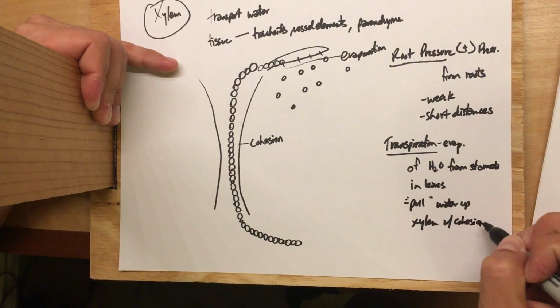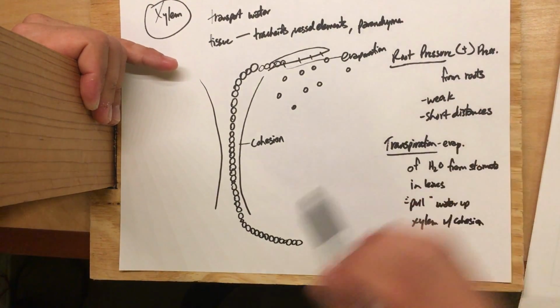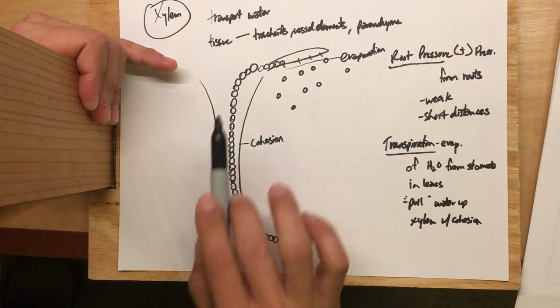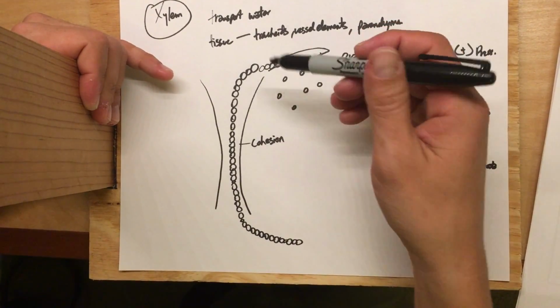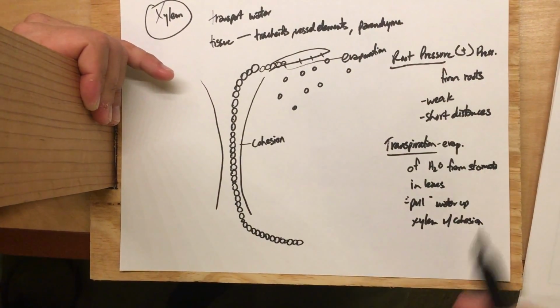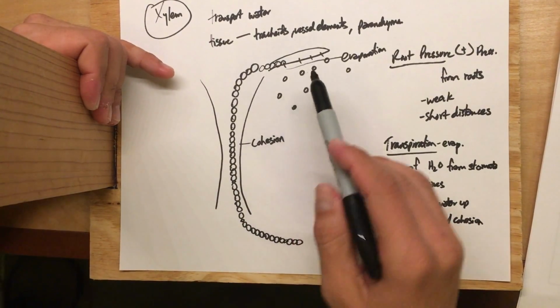The reason why I'm pointing out that it's pulling is because root pressure is like pushing. Root pressure is positive pressure. We're pushing that water up there. And that works a little bit, but that's not going to work over very long distances. If you want to move water a very long distance, you're going to have to pull it. And that pulling force is coming from the cohesive forces between all these water molecules as they evaporate out of